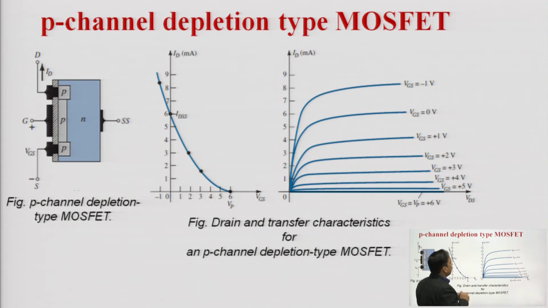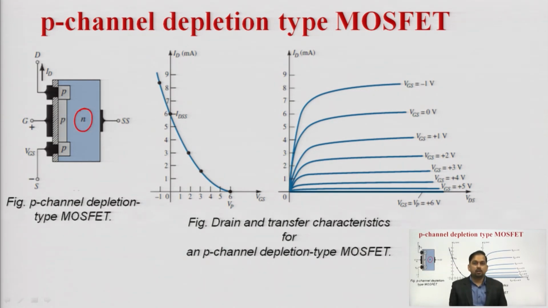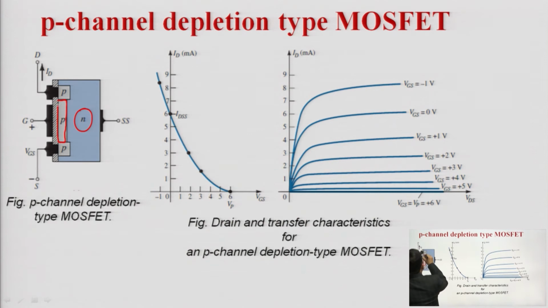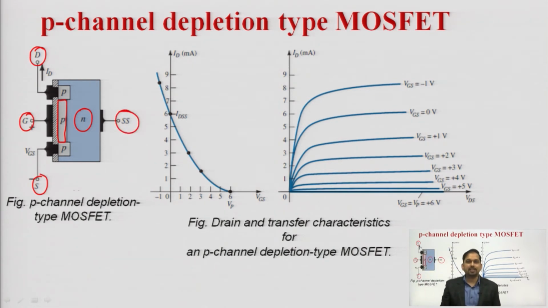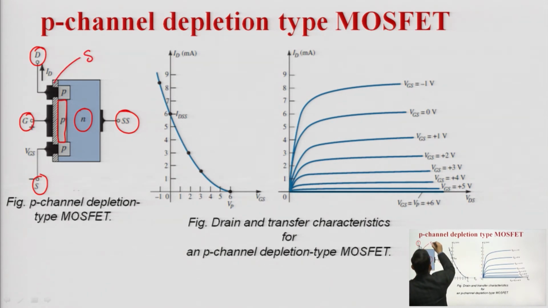Now, first of all, we will see what is the substrate material used for the P type. So, we have a substrate material which is N, and the channel is made up of P type. So, we have the drain terminal, we have the source, gate and substrate, and again with the help of the metallization process we will be adding these terminals, and again we have the SiO2 layer which acts as an insulator,